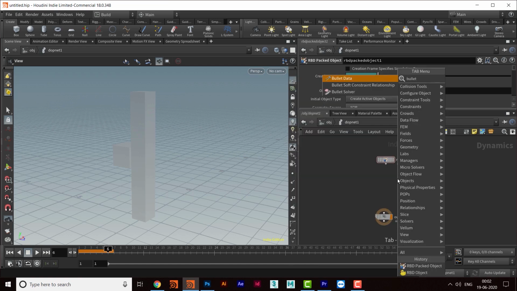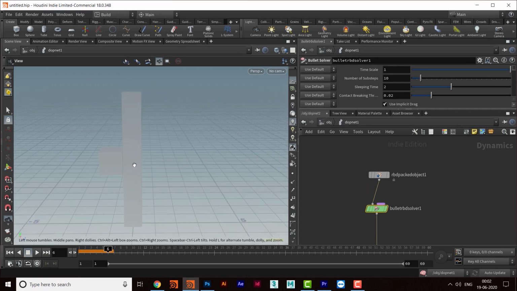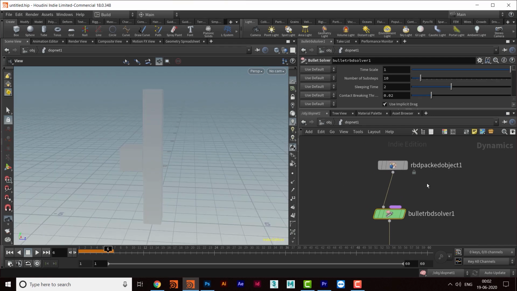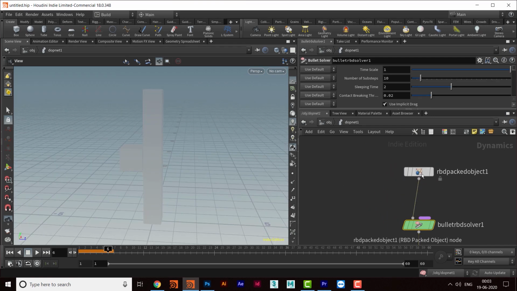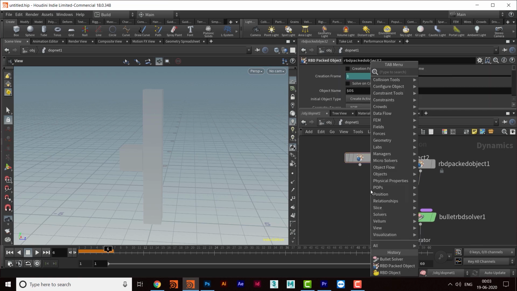So bullet solver, connect the input and connect with the output. Because both of these rigid bodies are packed primitives, I will copy it and paste it, and then I will take a merge node,